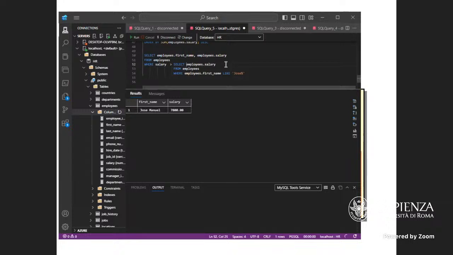We have this salary that is coming from here. Then we have a salary that is going to be a figure. This is going to return just one salary. Let us run this query again so that you see just this one. This will return 7,800,